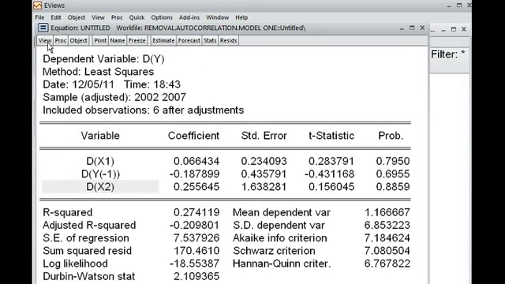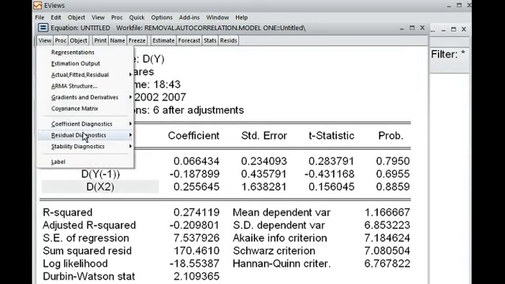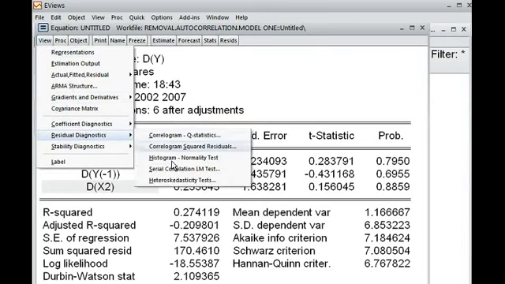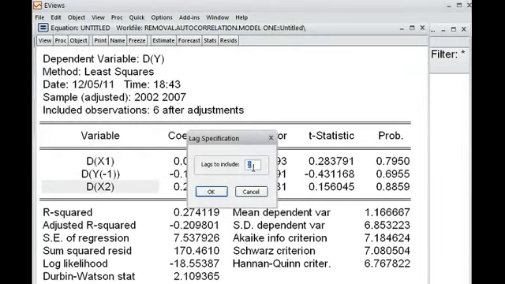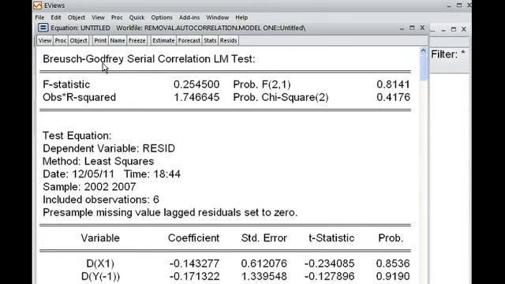I go to view, then residual diagnostic, then serial correlation LM test, and here I keep 2 lags, then I press OK. The outcome has come up: the Breusch-Godfrey serial correlation test. Normally we choose the observed R squared and the corresponding p-value. How much is the p-value? It is 41.76%.